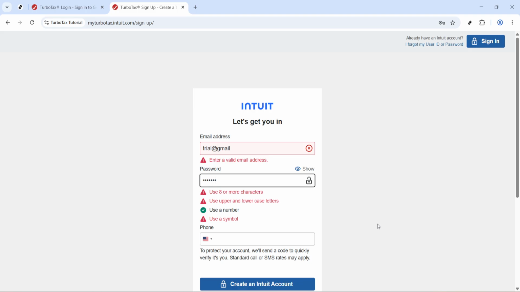And that's it. Once your account is created, you'll be ready to continue using TurboTax and access its tools and features. If you run into any issues during sign-up, the most common causes are a mistyped email address, an invalid phone number, or a password that doesn't meet the platform's requirements. Correct those